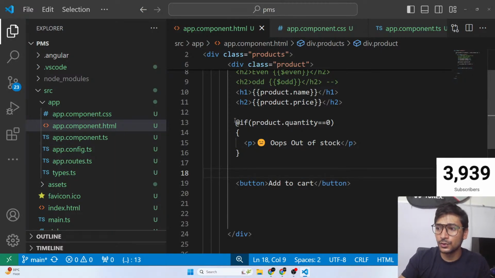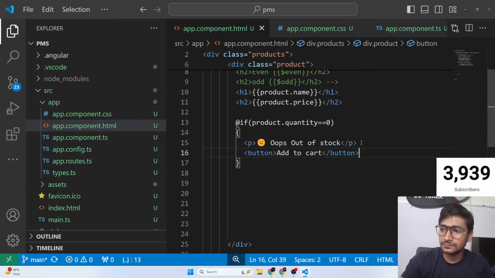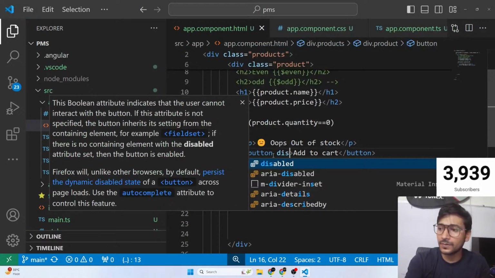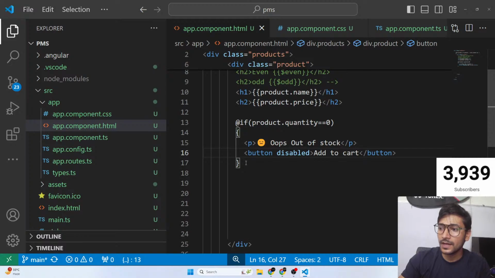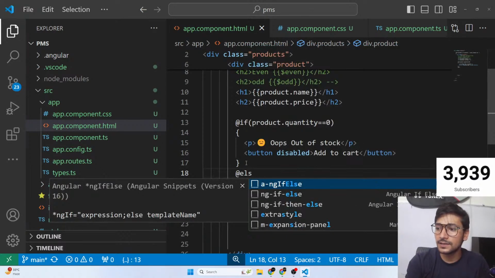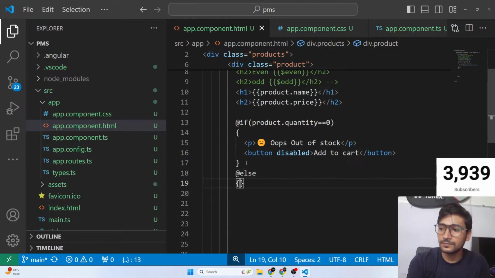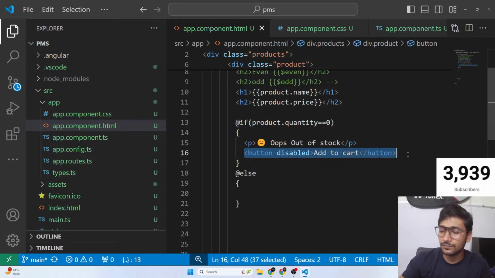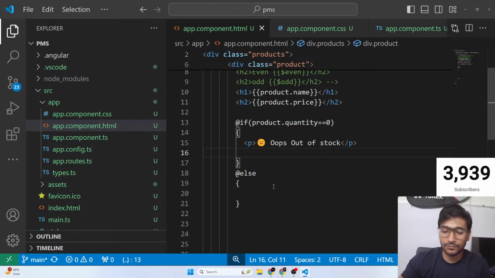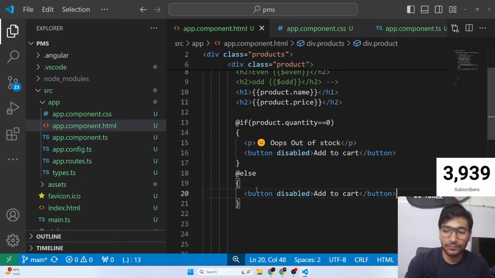Something like this, just to show you. Let's say this will be disabled, @else, this will be not disabled. So one way is this.